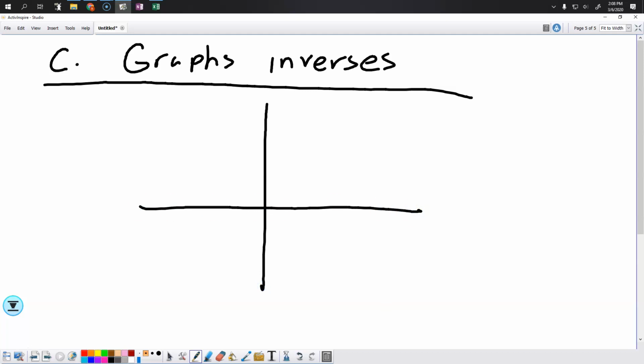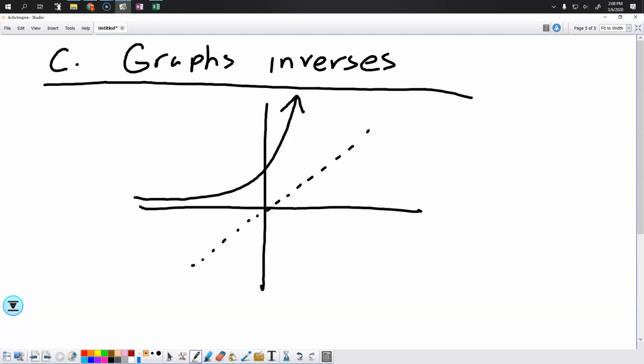Inverses, if you graph them on the same axis, look like the same graph, but it's just been reflected through that dotted line. So if I drew this,